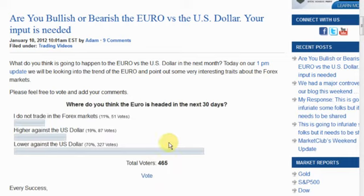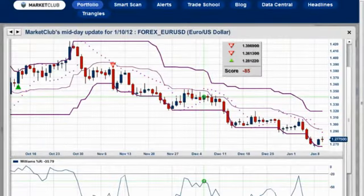465 people have voted, and you can see 70% said lower against the dollar, and 19% higher against the dollar, and 11% said we don't trade Forex. So again, you are seeing a preponderance of the public thinking or the traders thinking it's going to go lower. And we could be right. They could be right. So let's take a look at the charts themselves and see how our trade triangles are